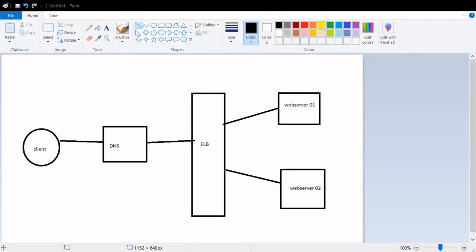Let me open up the diagram and show you how ELB works. This is the ELB.